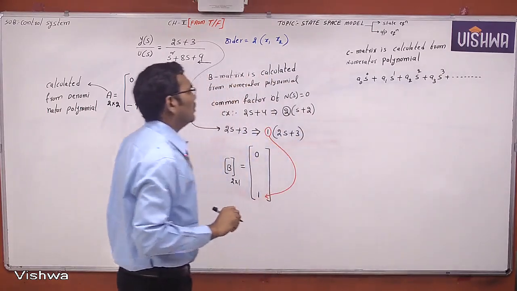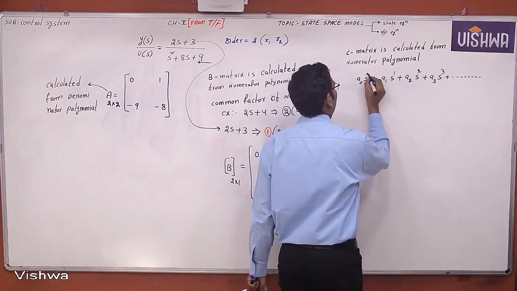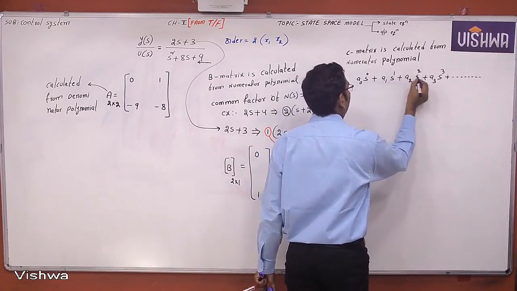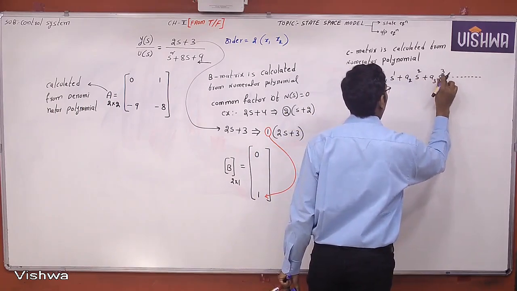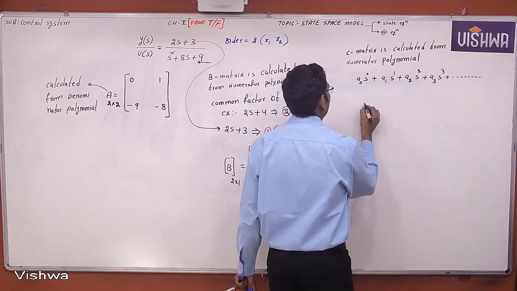These are the quotients of the numerator polynomial: s power 0 quotient, s power 1 quotient, s power 2 quotient, s power 3 quotient and so on. Okay. So the C matrix is